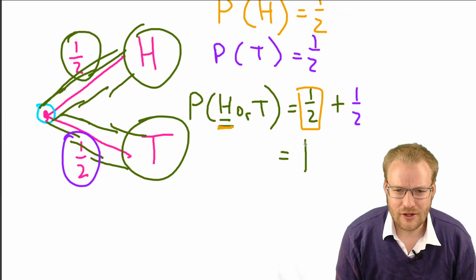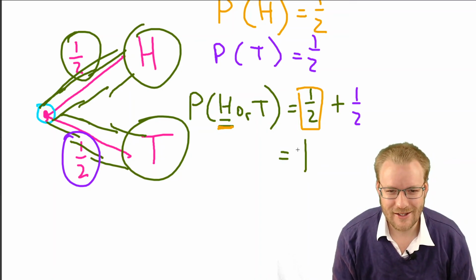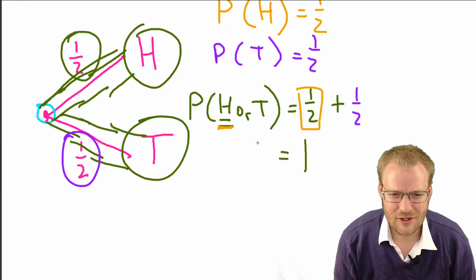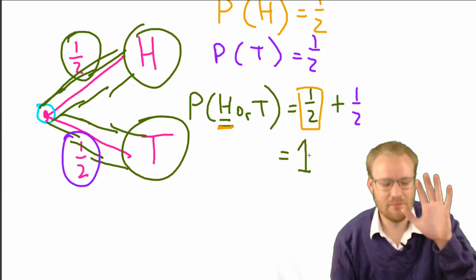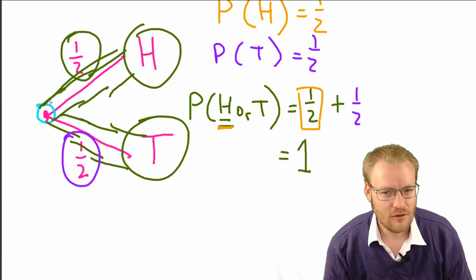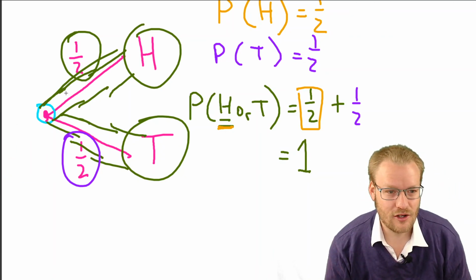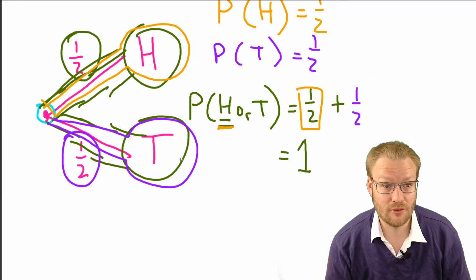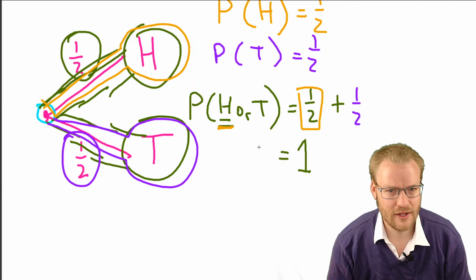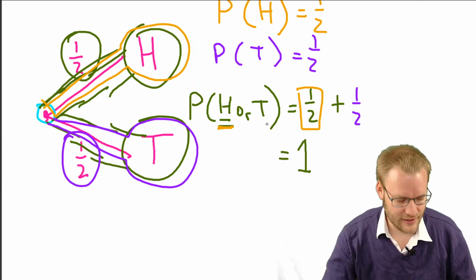Okay, so anyway, just to give you the insight into the background here. So the probability is 1. In other words, it's a certainty. But much more importantly, what we said was that we could either go along this path to get a head, or we could go along this path to get a tail. And what did we do? We added those probabilities. Okay, so that's simple, one event,